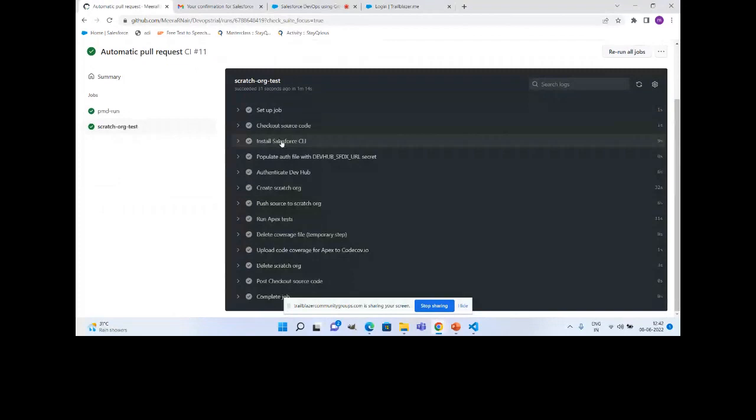It is going to install the Salesforce CLI, get the details of the secret, the auth URL of your dev hub. Then we need to authenticate that, create a scratch org, push your changes there, then execute run test. Then we are going to execute some deletion activities to delete the scratch org. So you can see it got till that, and at this point, it is success. That is how a pull request got created automatically.